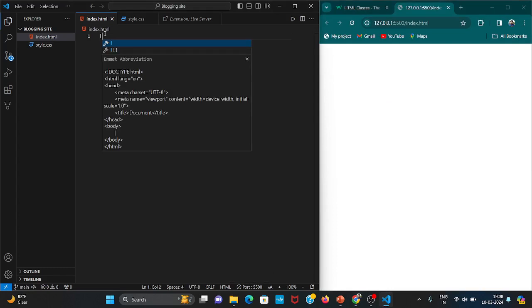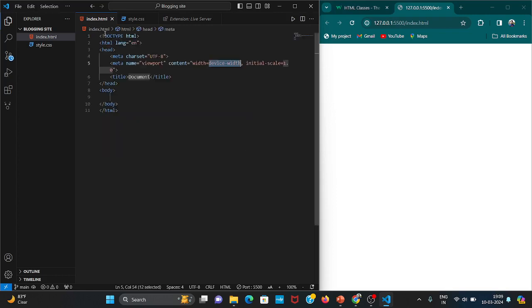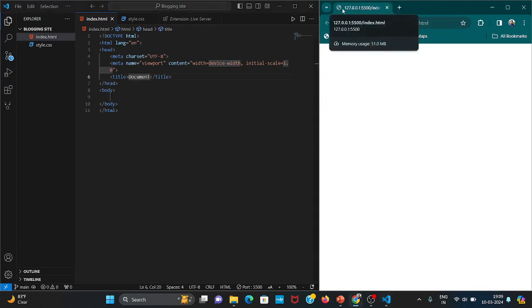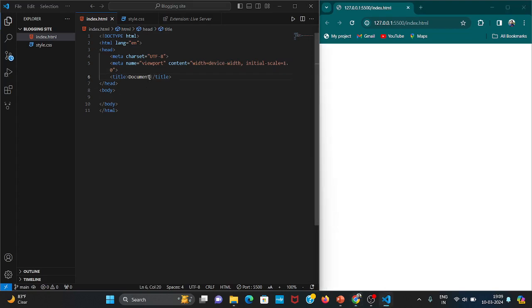At first add the boilerplate code. Just write the exclamation sign in your VS Code and press enter. Auto boilerplate code. Now here you can see the site name is showing in the top. But if I change this, like if I change